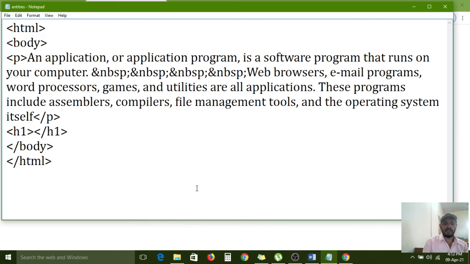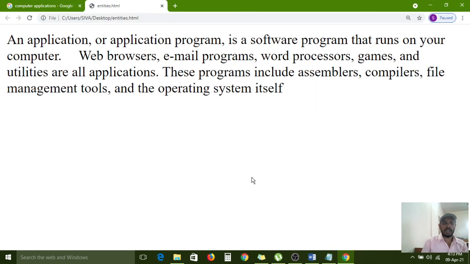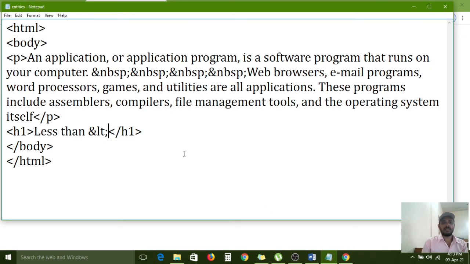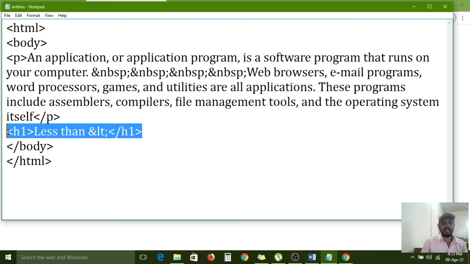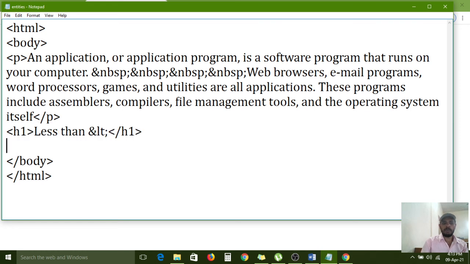How will the less than print? Here ampersand LT semicolon. I am saving this, refreshing, and reloading this page. So the less than symbol is printing in the same format.